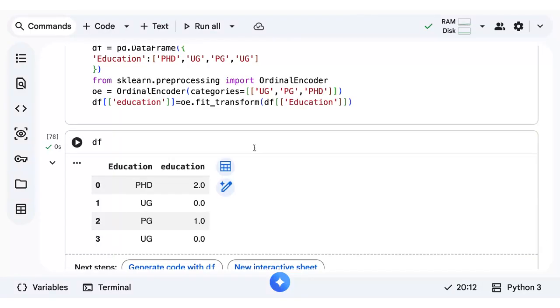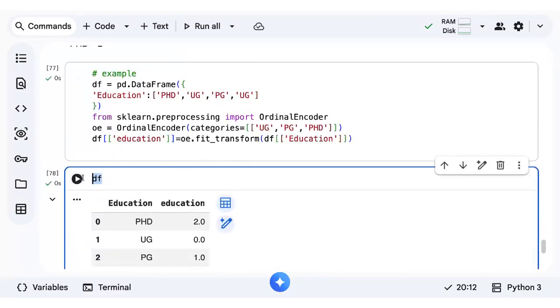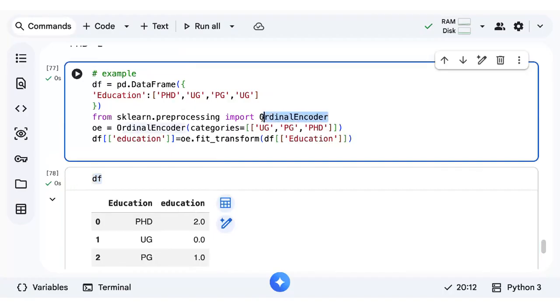Clear. If you don't want to do something like this, you can also do the manual encoding. Manually, you can assign values. Is this clear? Using ordinal encoder, did you understand? Be careful about brackets. If you don't want to import and do all this drama, this is the first method.